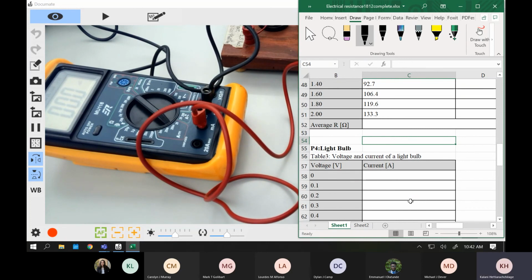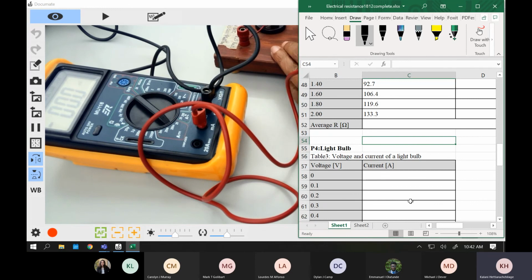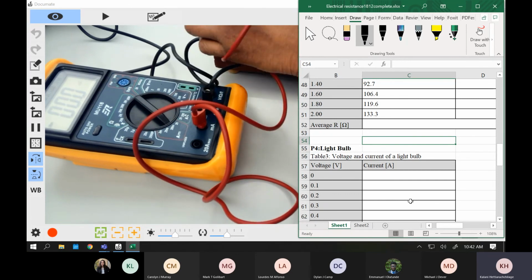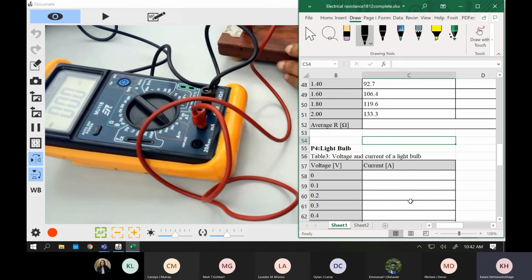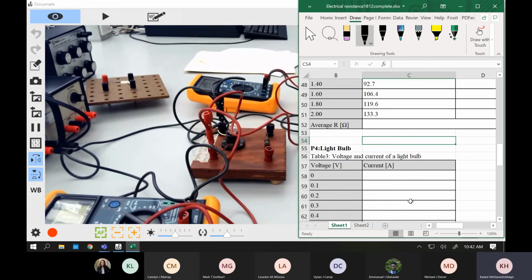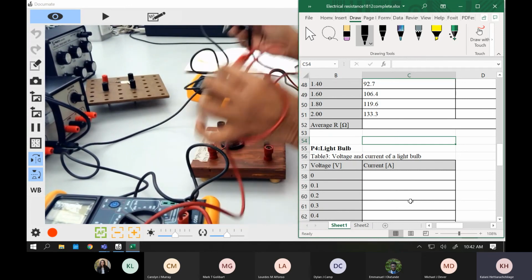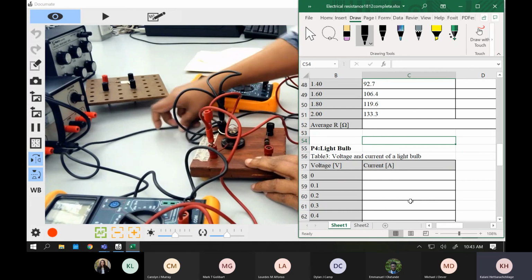Connect it and show me your circuit. Okay, so we basically went back to what we had earlier. So red and black in there, right? Now what we're going to do is take these two sets and connect them into the light bulb directly, to the two ends of the light bulb. So you have these two here, and then you bring those two into the two ends of the light bulb. That's it.